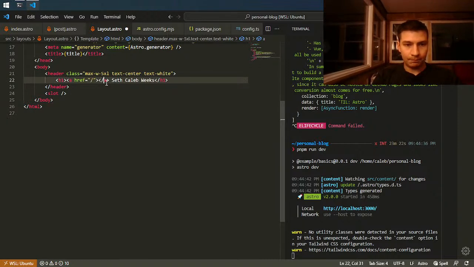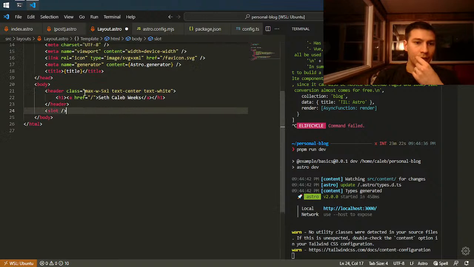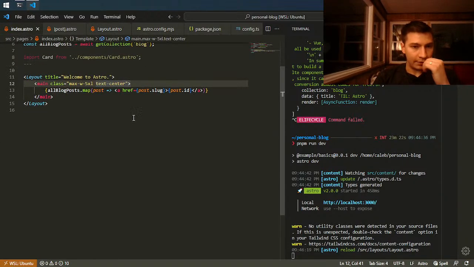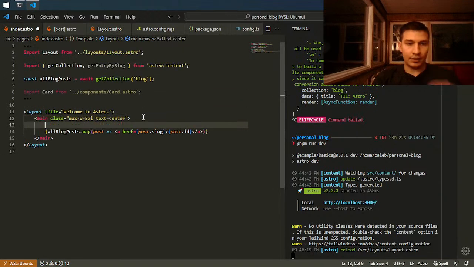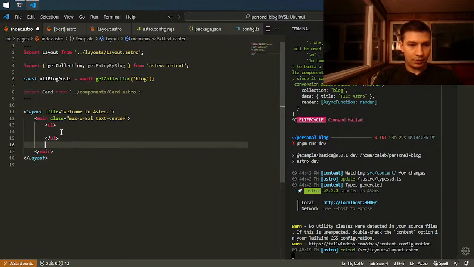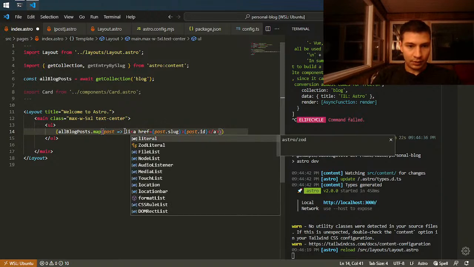Href home. Okay. So on every single page, we'll have a link to the home page. Slot for everything else. And then on the home page, we'll have an unordered list, and this is where we map over it and create a list